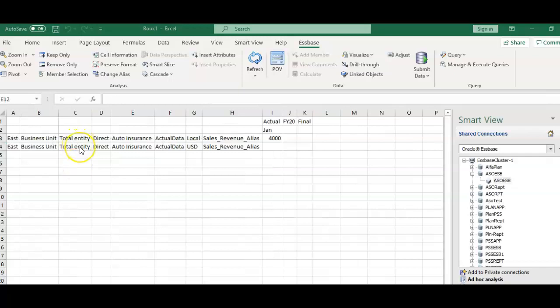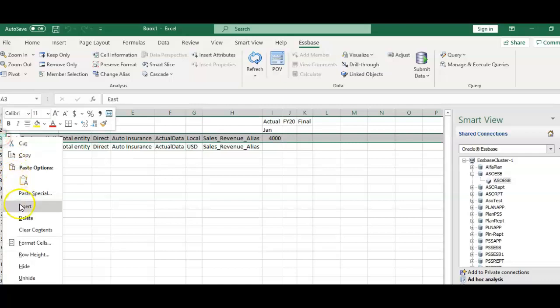Now at the total entity level, this has 2 entities. One is USD and another one is CAD. 2000 USD plus 2000 CAD, that is 4000, but there is no meaning for that. So while checking at the total entity level, I should always be checking at a common currency. So I will remove this line.